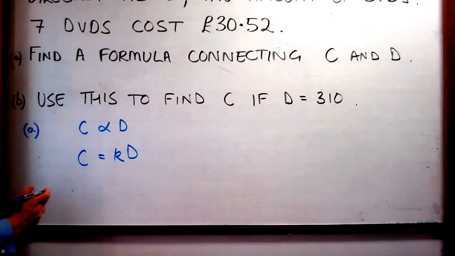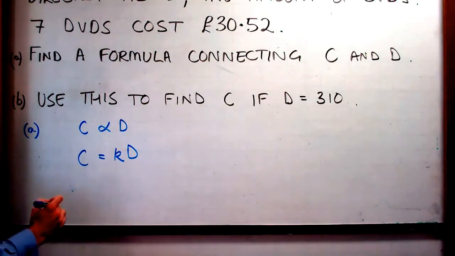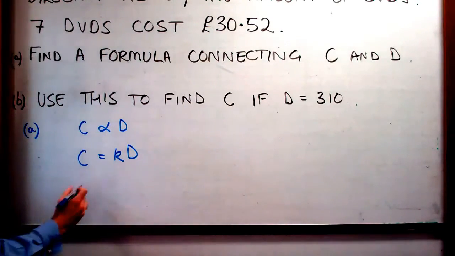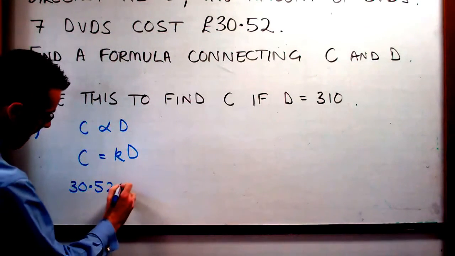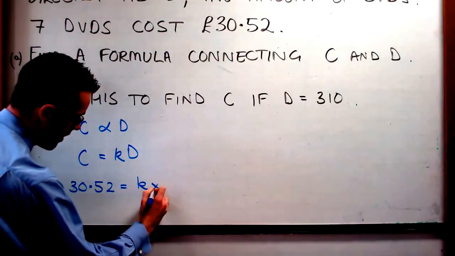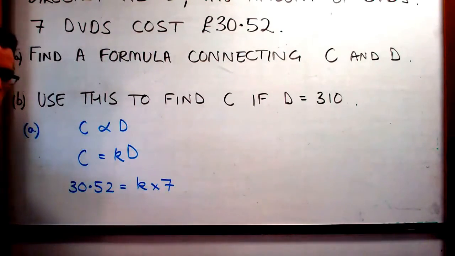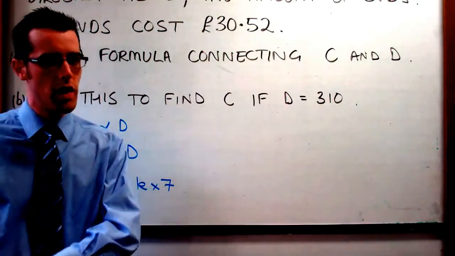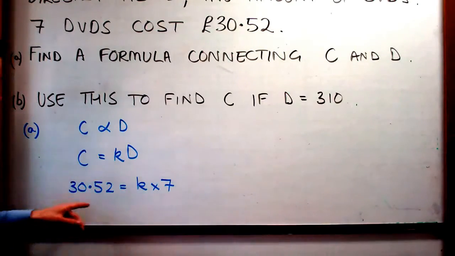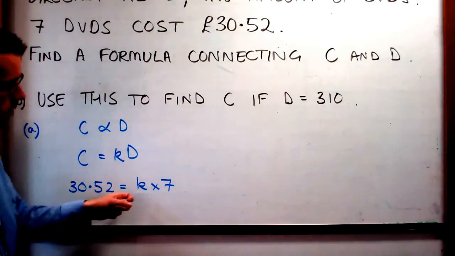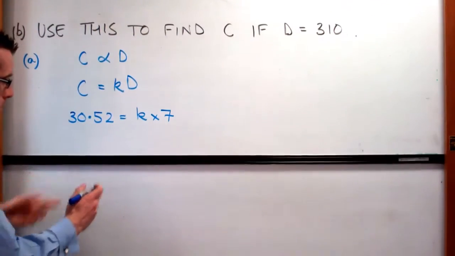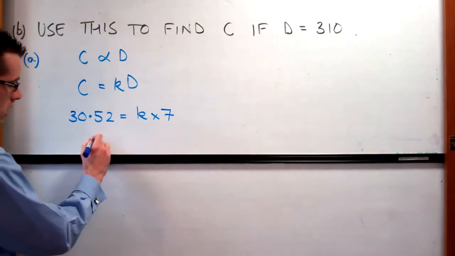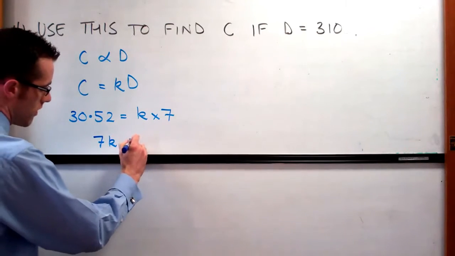Now I've been given two values from before. We've been told that 7 DVDs cost £30.52. So £30.52 equals K times 7. And as we discussed at the very beginning, we know we're going to have to divide by 7. If we look at the algebra, we can see that £30.52 equals K times 7, or 7K. So let's write that down. So 7K